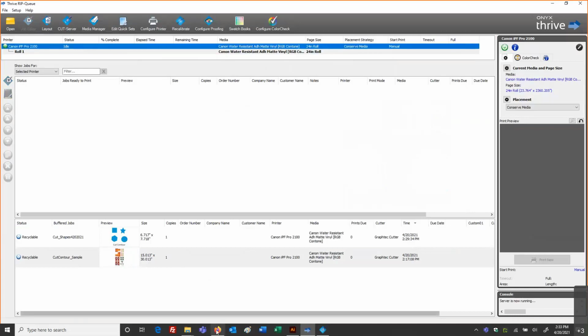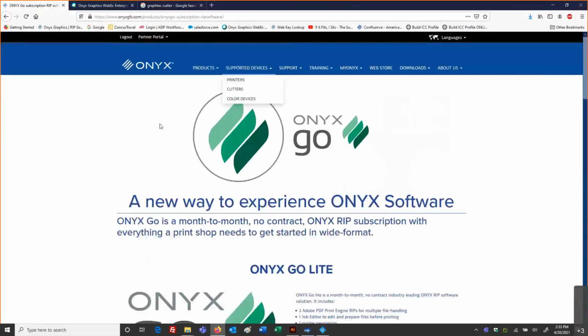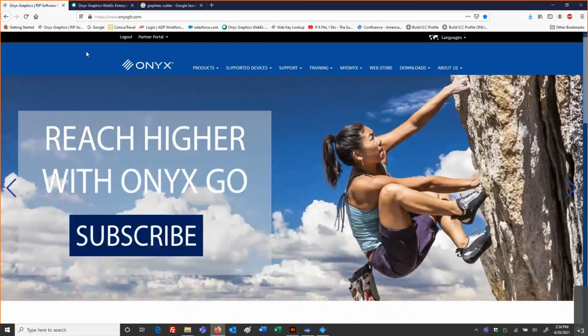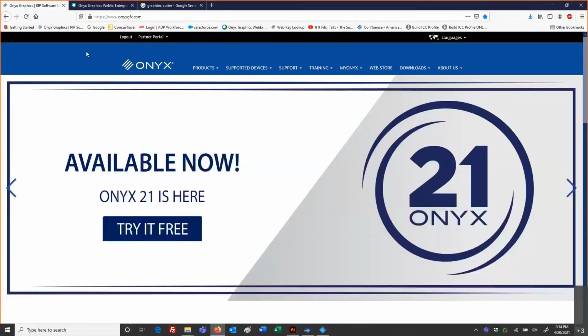And that's going to wrap up our cut workflow. If you have any other bits of information or questions, you can always take a look under Mionix. We've got documentation and videos here for your reference. If you do not have a Mionix account, when you log into Mionix, there's the choice there to create a Mionix account and set that up, and then you'll have access to documentation and to videos.